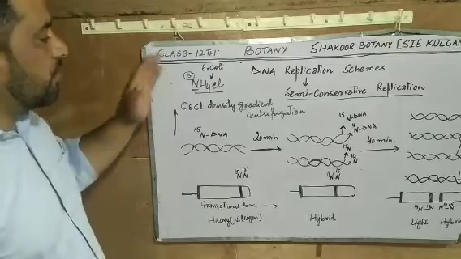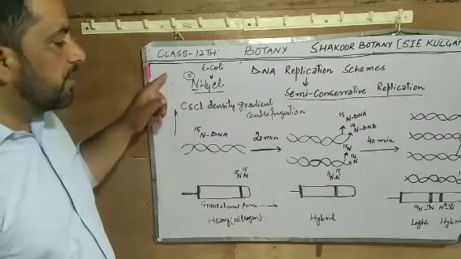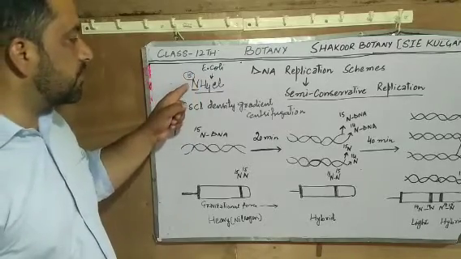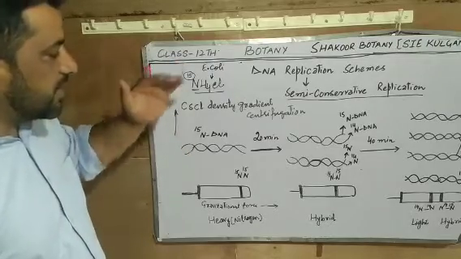So what they did, they cultured E. coli on an ammonium chloride medium for an indefinite period of time. This ammonium chloride had nitrogen 15, heavy nitrogen. Then DNA was isolated from E. coli